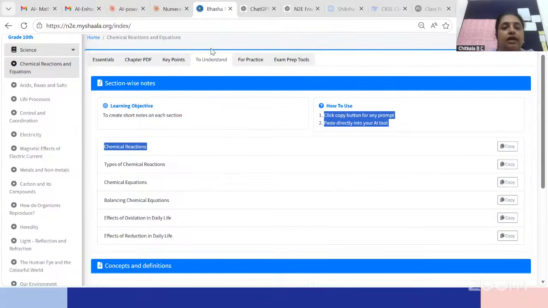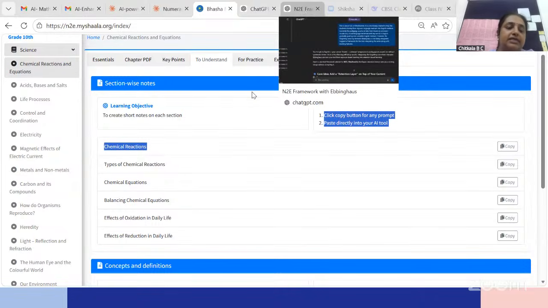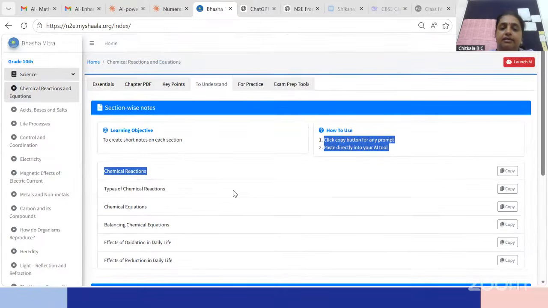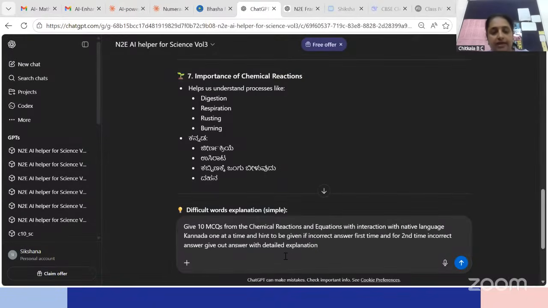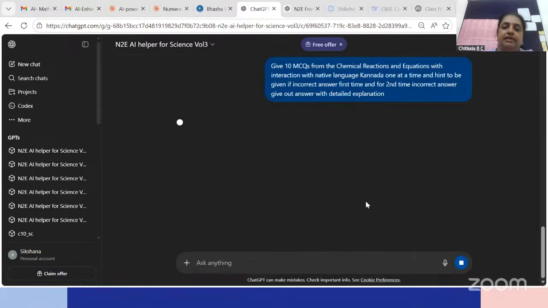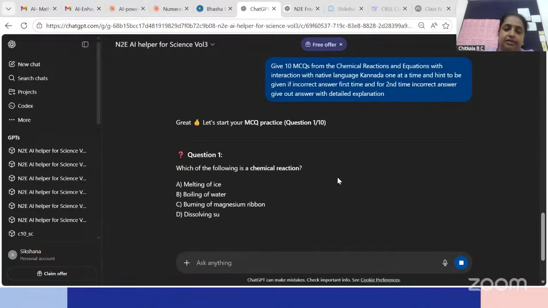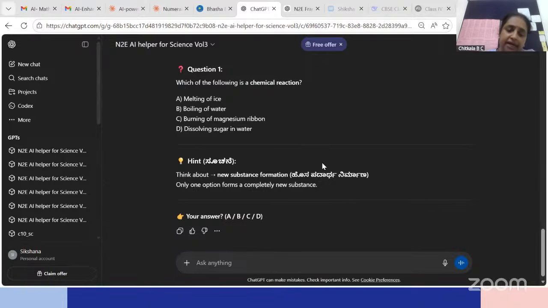Okay, so since I was further experimenting on how else we can help, because this was currently the tool when we built. This is student driven, because if the student wants, then only he will make use of this, something like all these MCQs and other things. 1 question at a time, for example, on the same topic. So it will go with 1 question at a time, and it will give a clue and prompt the student to answer. Based on the answer, it modifies the next question. All these features are inbuilt in it, and it is providing very good practice to the students in bilingual mode.